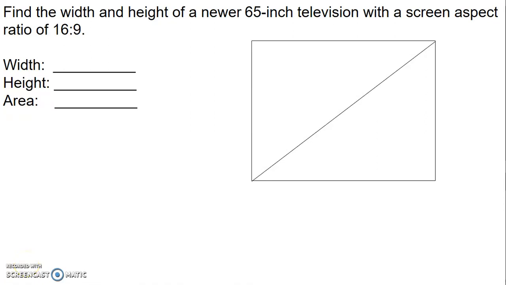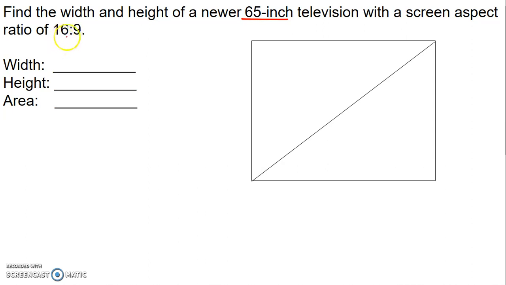Okay, and we're just going to do another quick example of finding the width and height and area of a television screen. However, this time we're going to be using a different aspect ratio than the 4:3. This one says find the width and height of a newer 65-inch television that has a screen aspect ratio of